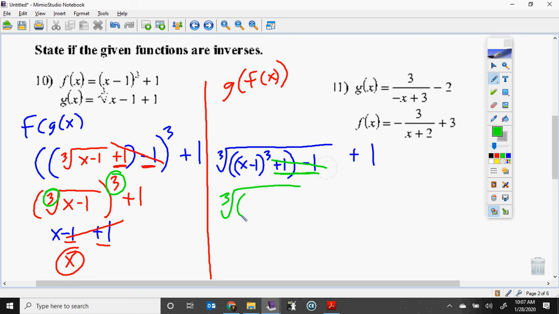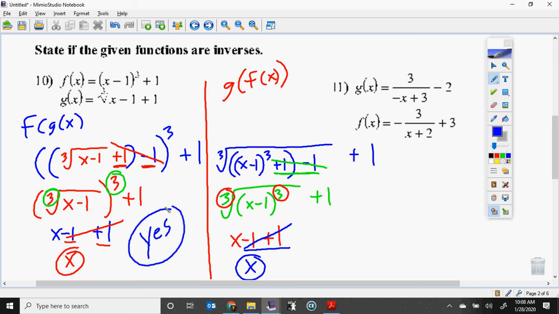I'm left with the cubed root of x minus 1 cubed. Well, the cube and the cube cancel out, and so I'm left with x minus 1 and then plus 1. Those two values cancel out. I'm left with x. So because both simplified to x,